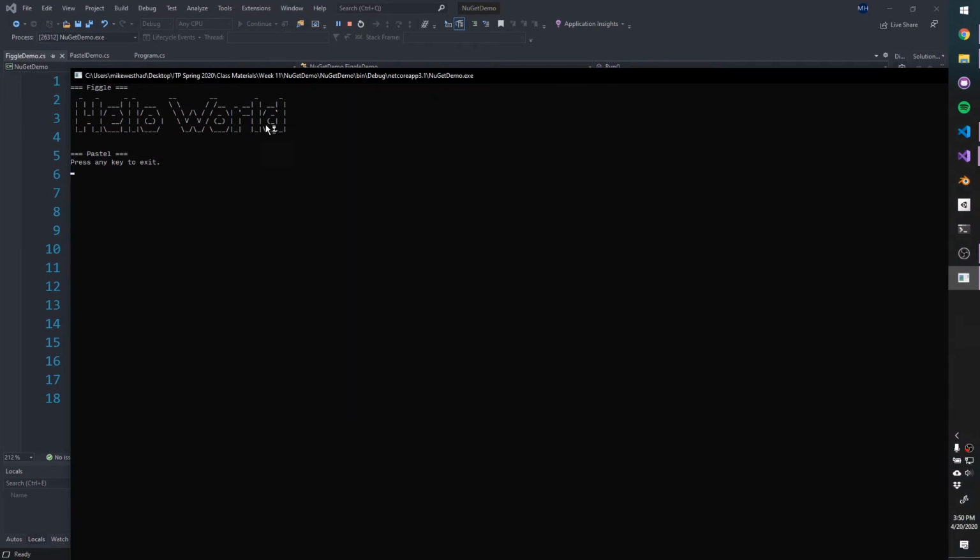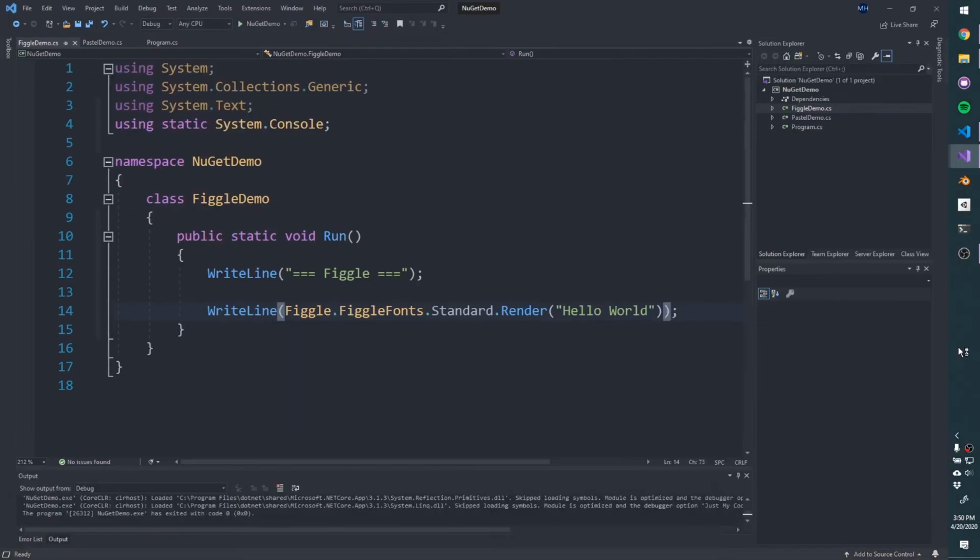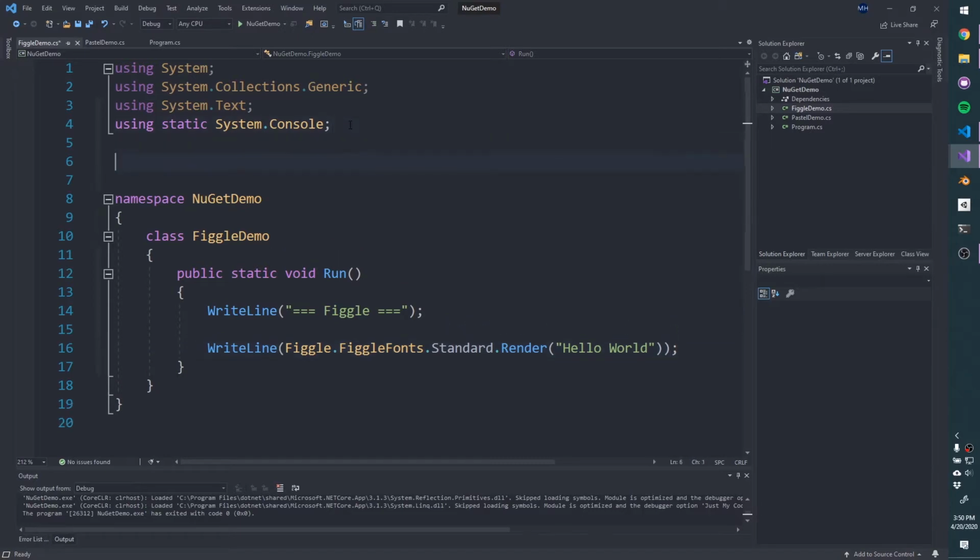Nice, we've got our banner text showing up. So we've basically just already figured out all of the functionality that comes from Figgle. A couple of things that we can do to make this simpler: up here at the top, we could say using Figgle, to mean that anywhere we're using something inside of Figgle, like Figgle fonts, we could drop this prefix. We don't have to use the fully qualified path, so we can say Figgle fonts hello world,